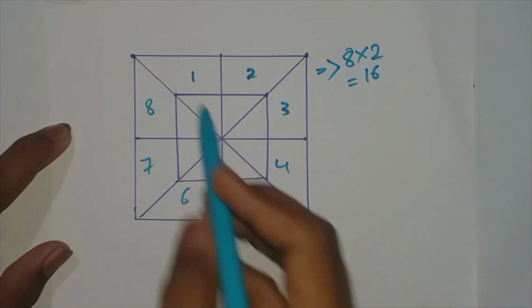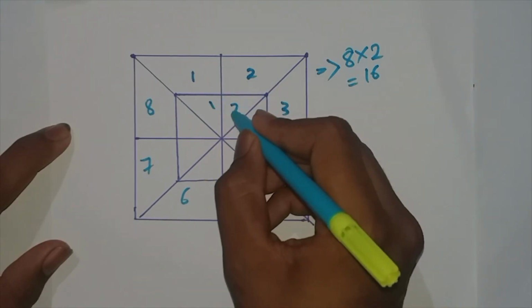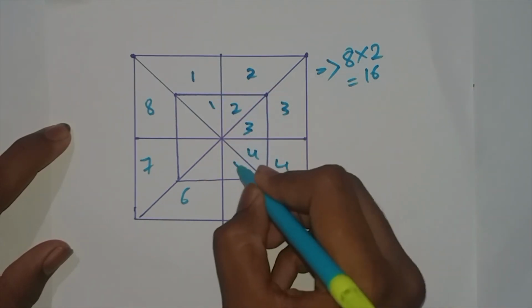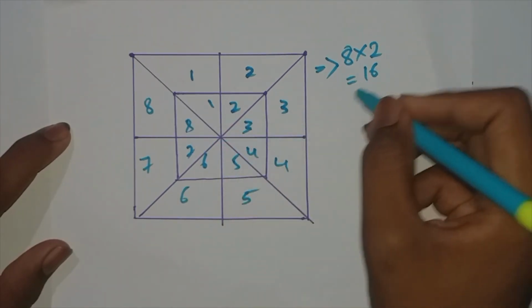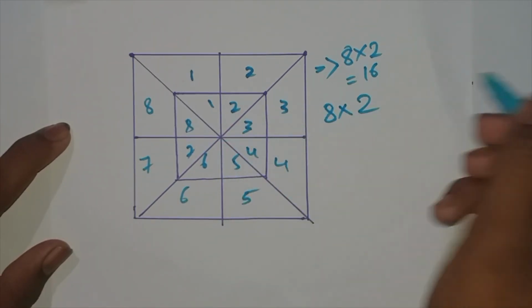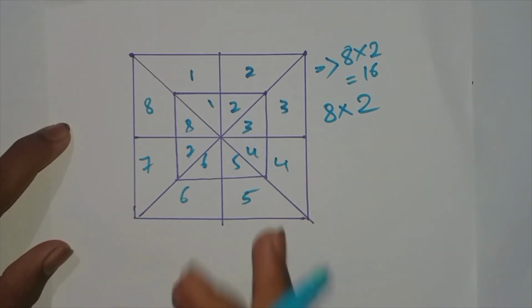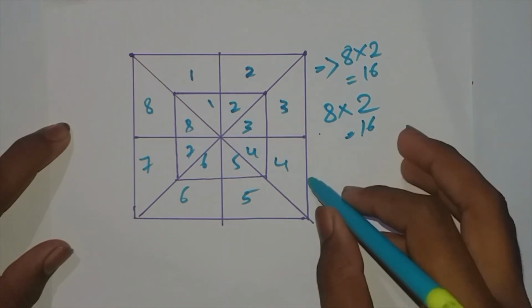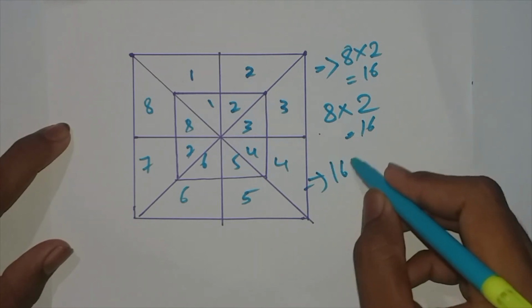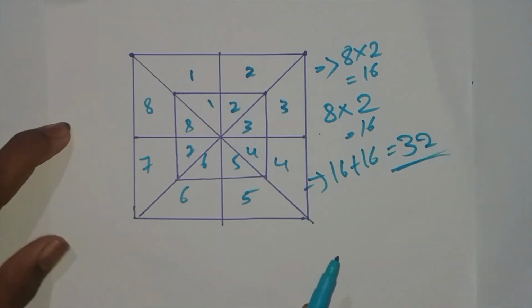And it also has another extension. That means you write numbers in this: first triangle, second, third, fourth, fifth, sixth, seventh, eighth, and it also has 8 parts. That means 8 into 2, again double. The concept is when you have triangles like this, you try to double it. That means we have 8 into 2 is equal to 16. So how many triangles are there in total? 16 plus 16, there are 32 triangles, right?